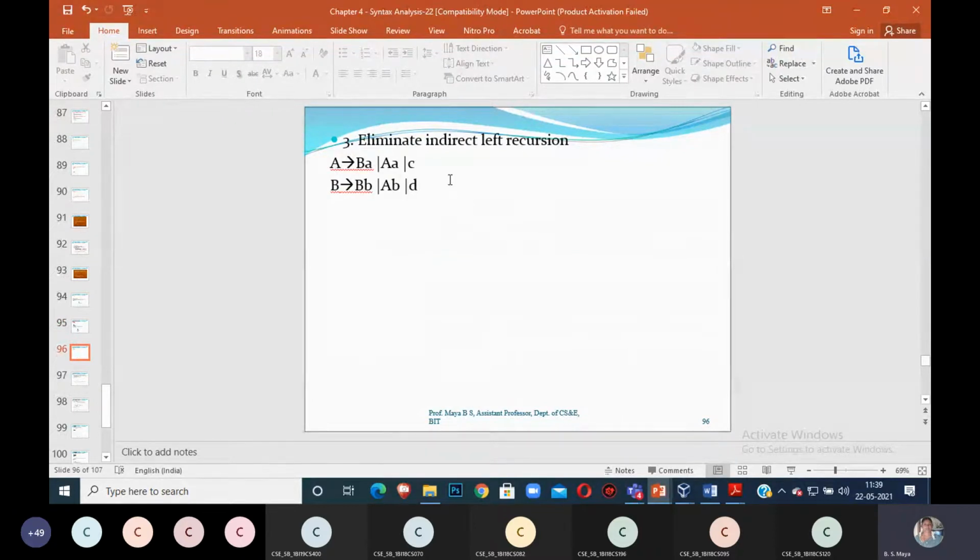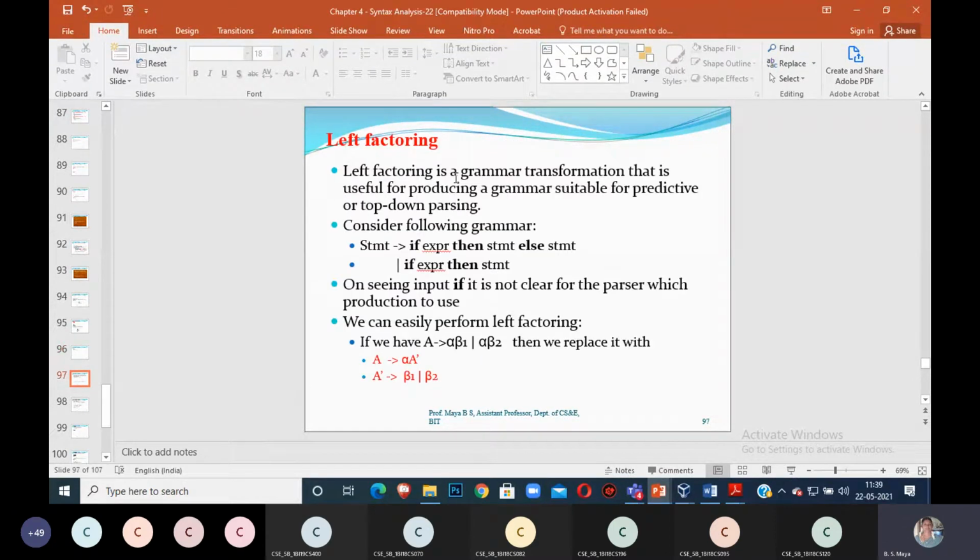Okay, next we have to move on to left factoring. The left factoring I will come back to, because from Monday onwards we have a lab for that. We have to give some problems for the next week lab. Let us move on to the lab program session. After the lab program, we'll come to left factoring, because next week we are planning to do some YAC programs.